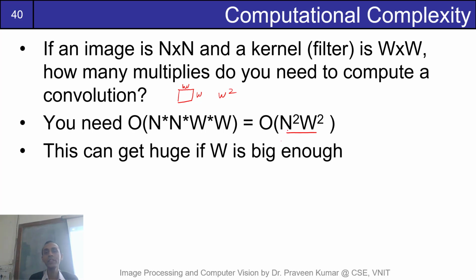In case the filter is of larger size, this is going to become a problem. We will have to worry a little bit about this computational complexity. In fact, the CNN, the convolutional neural network that we nowadays use, has a computational complexity that is a little on the higher side because of this only, because the convolution operation itself is a bulky operation. So one way of improving this is